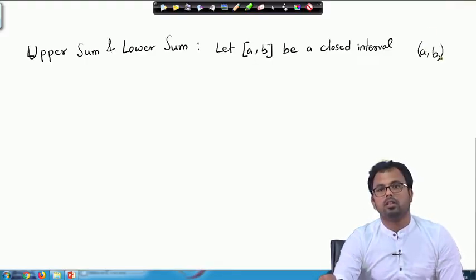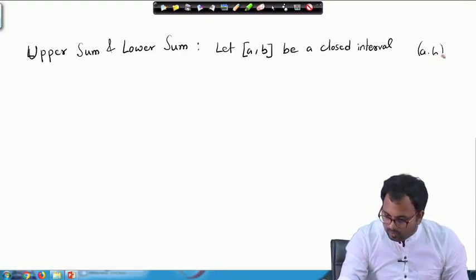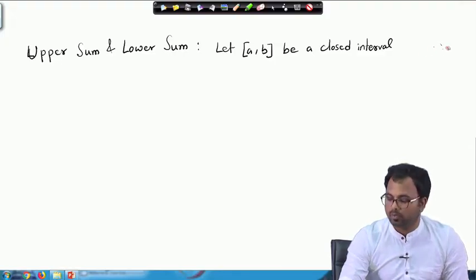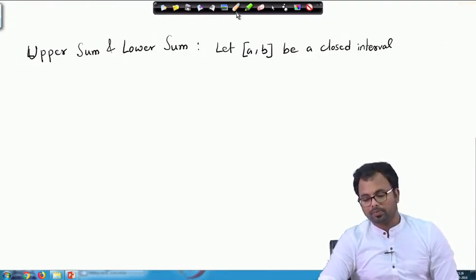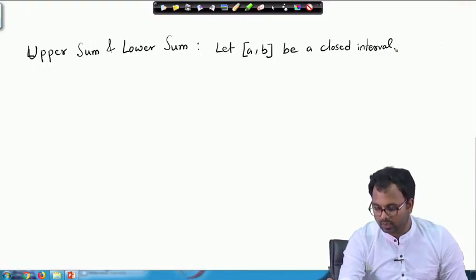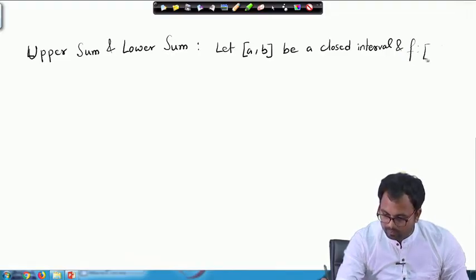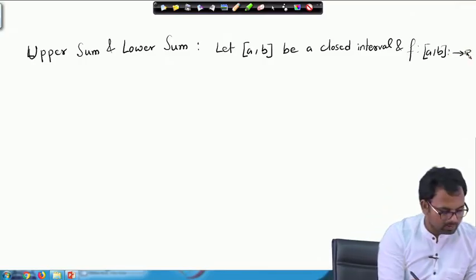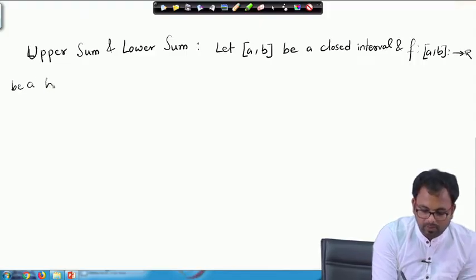So this is the way to write an open interval. All right. Now, in this case, we will always take a closed interval unless we are told otherwise. Now, here we take [a, b] as a closed interval, and f mapping from [a, b] to R be a bounded function